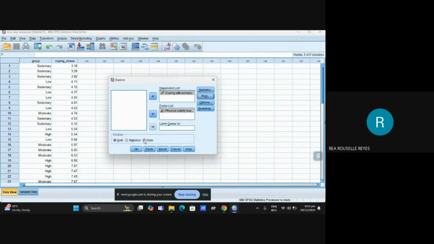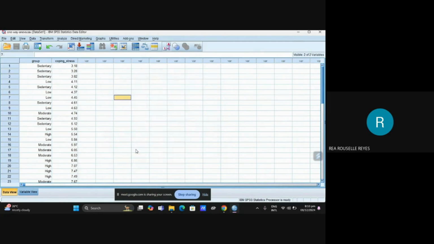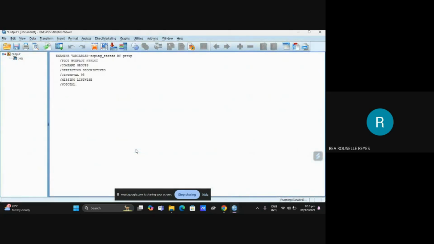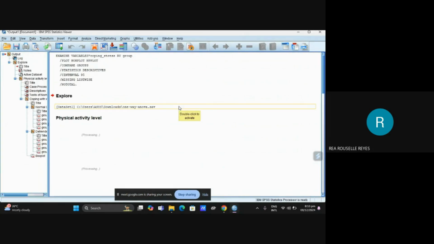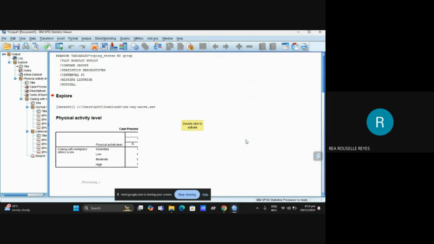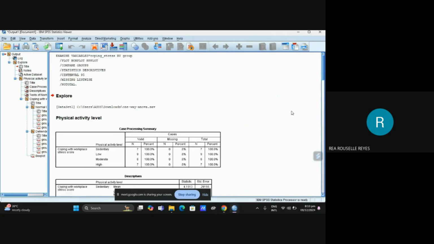Okay, and then click OK. All right, so these are the output.